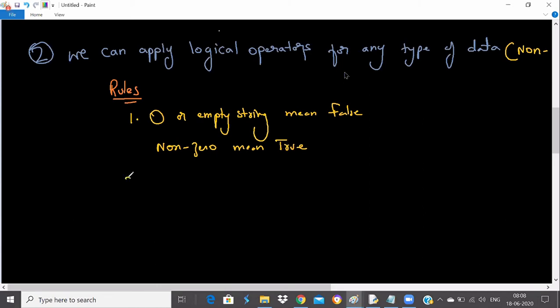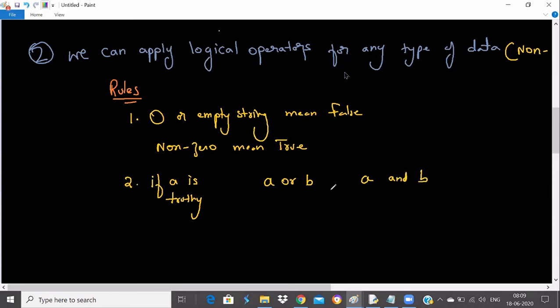But the second rule is very important. What is this second rule actually? The second rule says that if A is truthy, meaning if A's value results true, then for A or B and A and B, let's see what happens.